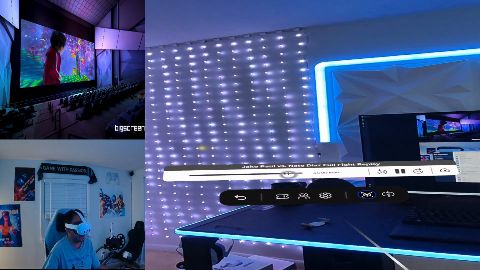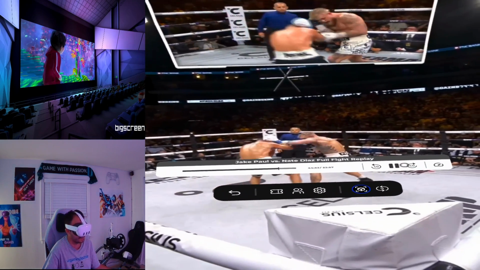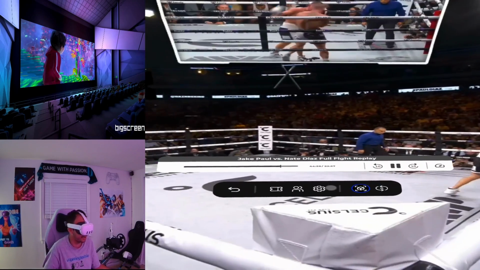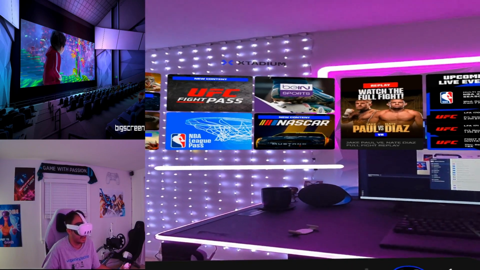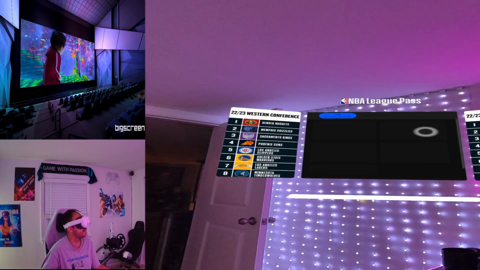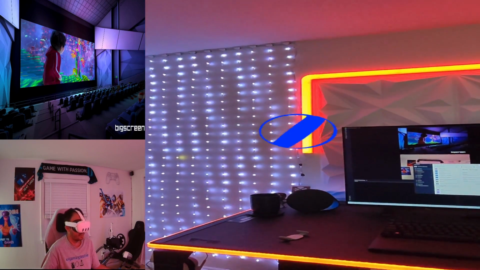Sometimes they put you in the corner, sometimes you're on the other angle, and you're watching the fight from here and from there as well, which is really cool, almost like you're there basically. And like I said, there's a bunch of different variety of options here. You can see some highlights. Let's take a quick look at what you can expect from an NBA game.